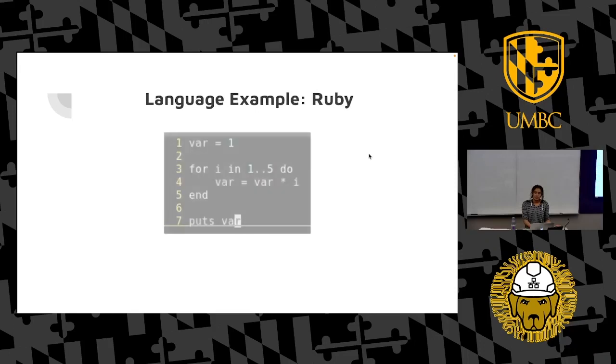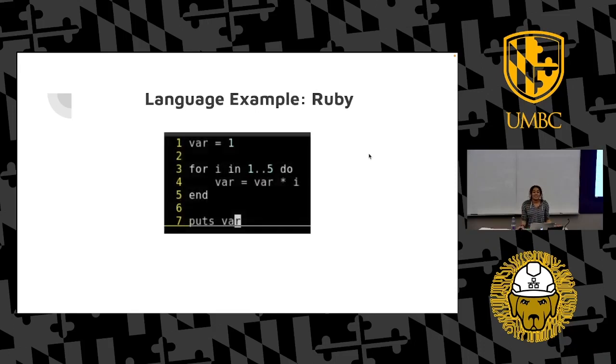So here's the example I used for Ruby. That's what calculating a factorial looks like in Ruby and then printing it out. Whoa. It's fun, right? Wait, what is puts? Is puts like print? Printing it out to the terminal. String. Put string. Oh, okay, I get it.